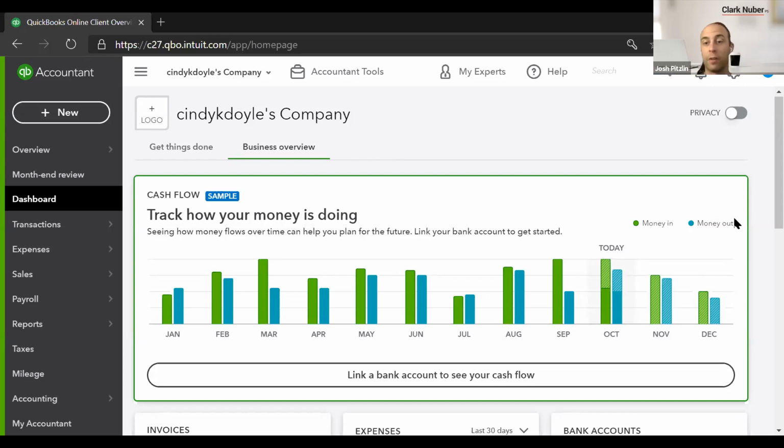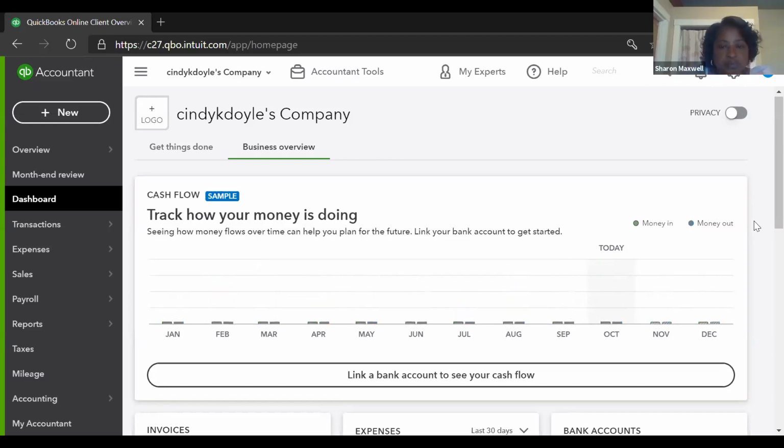Is this in the desktop version? Not that I'm aware of. I believe that this is only for QuickBooks Online users. I don't know offhand if